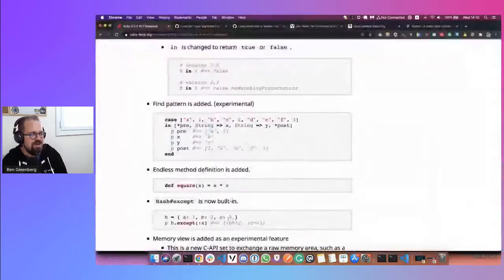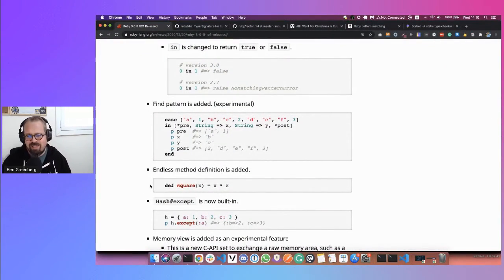In this theme of things which I don't fully understand why they're put into the language, the biggest one for me is endless method definition. This one is mind-blowing. I don't fully understand why we have this here. It is as it sounds: def square x times x. Why would I want this? Normally what's missing here, friends, if this was not Python, this is Ruby, what is missing? The end keyword to say the method is over.